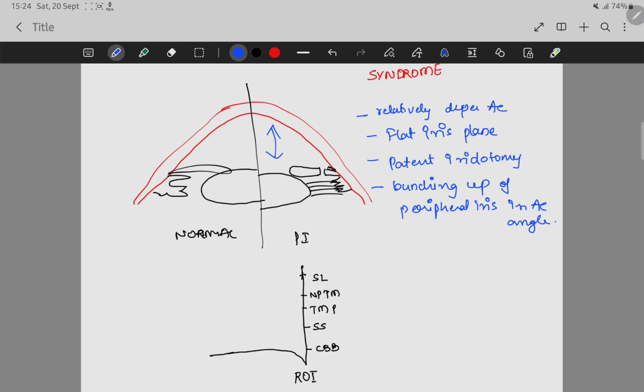Based on where this is inserting, if it is here or here, there are more chances of getting an attack. Okay, so if we consider this as A, B, C and D,